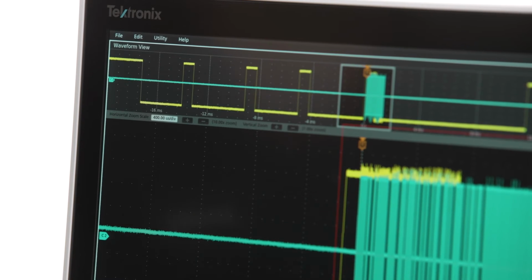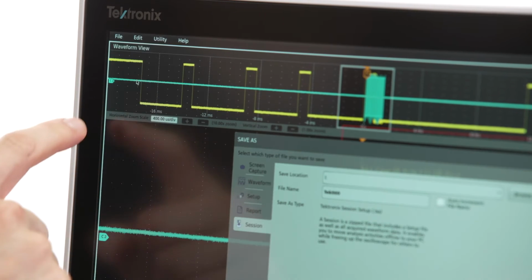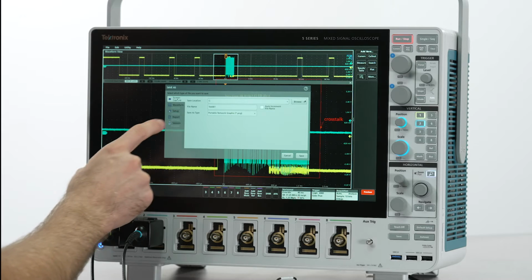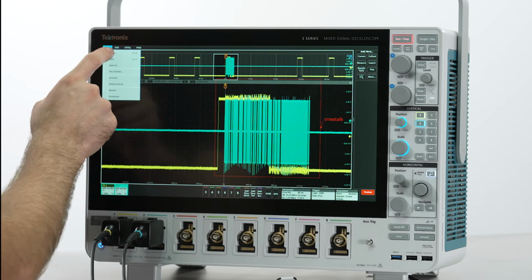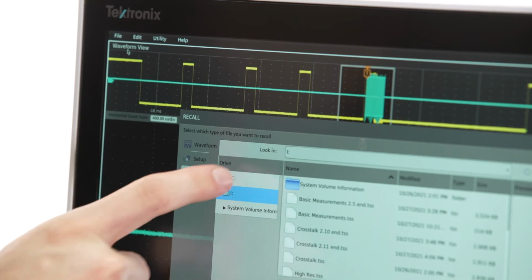And when I save this screenshot or session file and come back to it later on my scope, another scope, or TekScope on my computer, these extra details will help me remember exactly what was going on